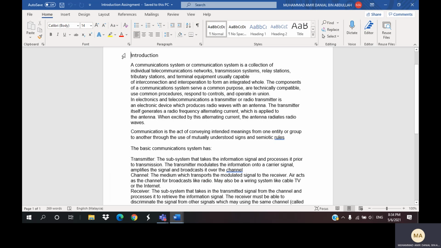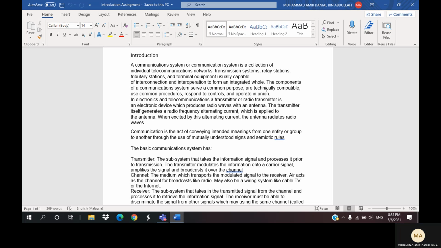We look into our introduction. A communication system is a collection of individual telecommunication networks, transmission systems, relay stations, tributary stations, and terminal equipment usually capable of interconnection and interoperation to form an integrated whole. The components of a communication system serve a common purpose, are technically compatible, use common procedures, respond to control, and